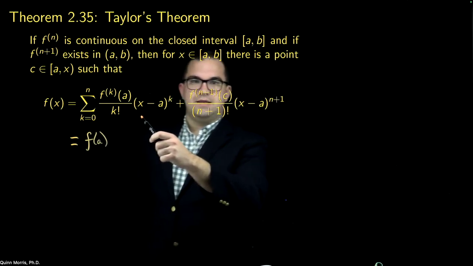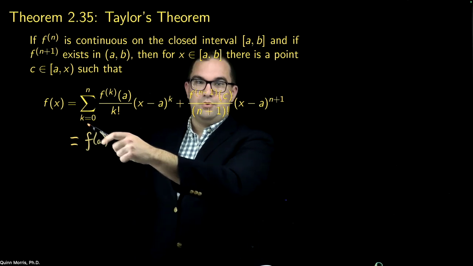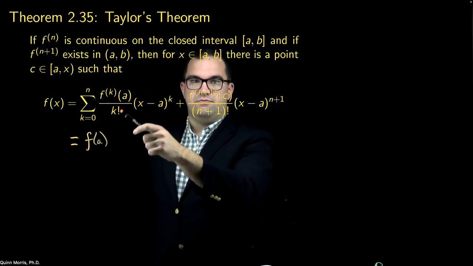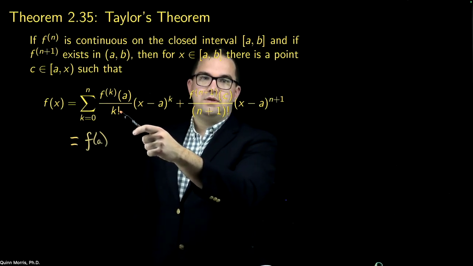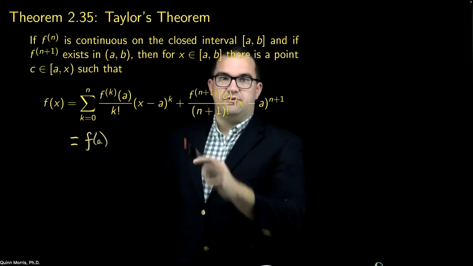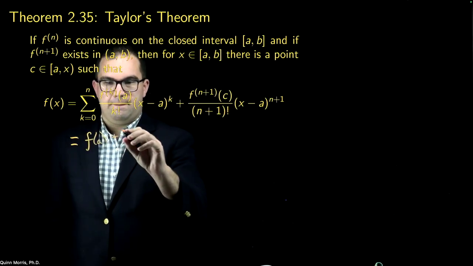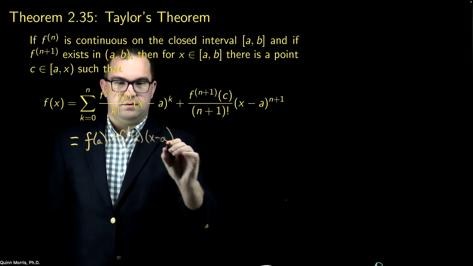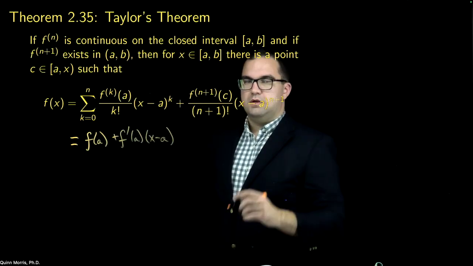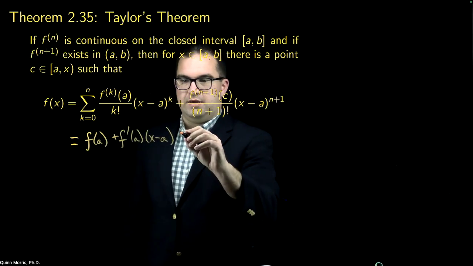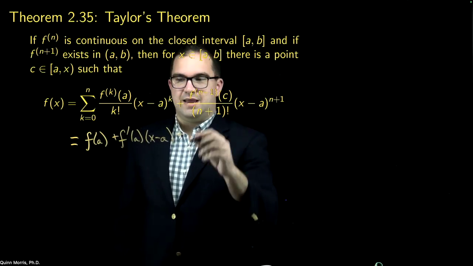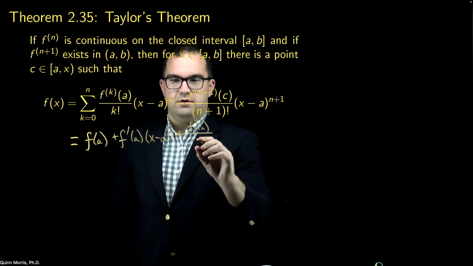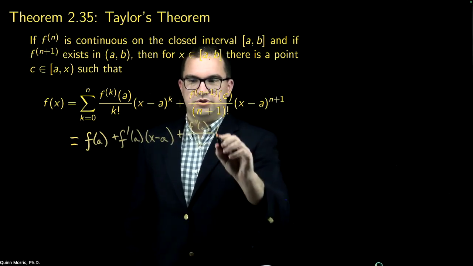Our second term, when k is equal to 1, is the first derivative of f at a divided by 1 factorial, which is just 1, times (x minus a) to the first power. So the second term is just f prime of a times (x minus a). And now if I continue, my third term, when k is equal to 2, is the second derivative of f at a divided by 2 factorial, which is just 2,